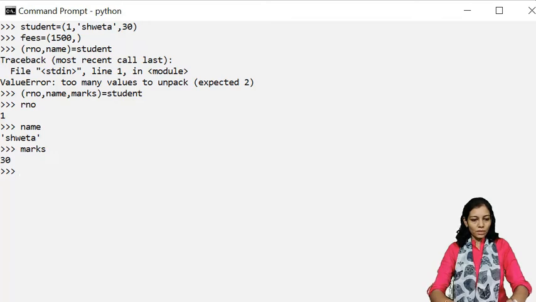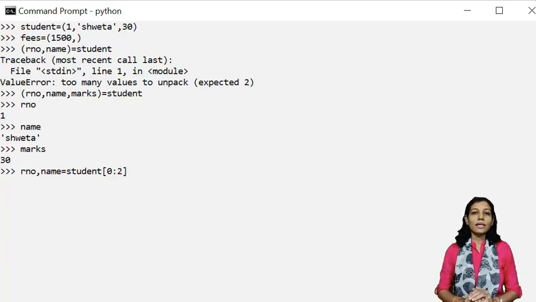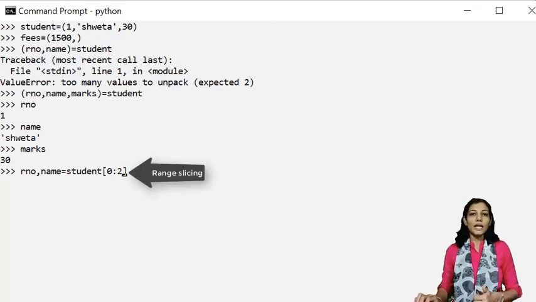Now secondly we are going to see range slicing. So I'll be using R number and name equal to student, and I'll be using 0 to 2. That means the start index is 0 and the last element that I want to extract is the name, that is the first element and second element, but I don't want to extract the third element. So the end index will not be used by range in order to extract the elements.